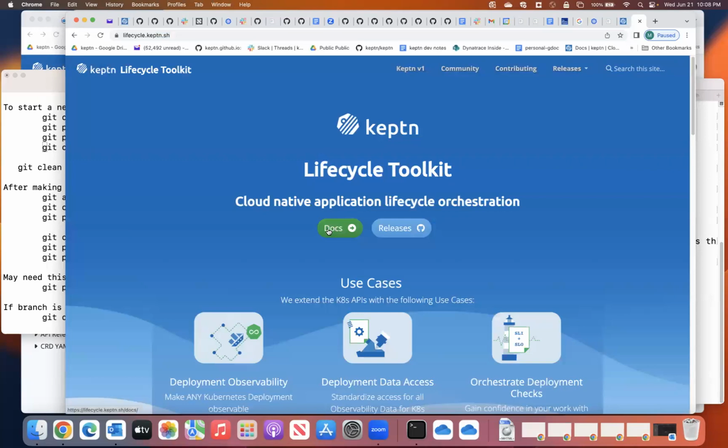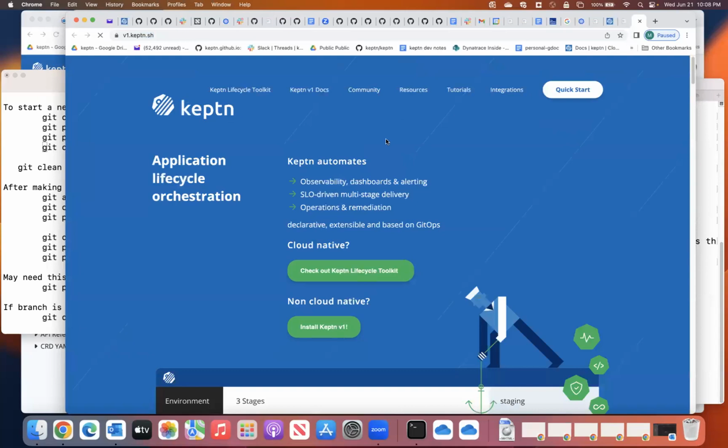You haven't really worked with Keptn V1, have you? Have not, have not. This may be a tough one because